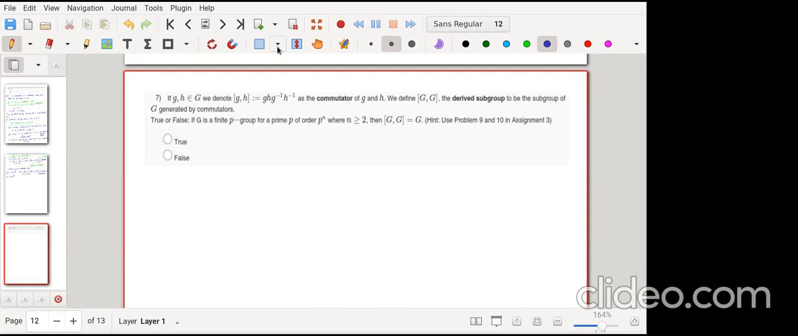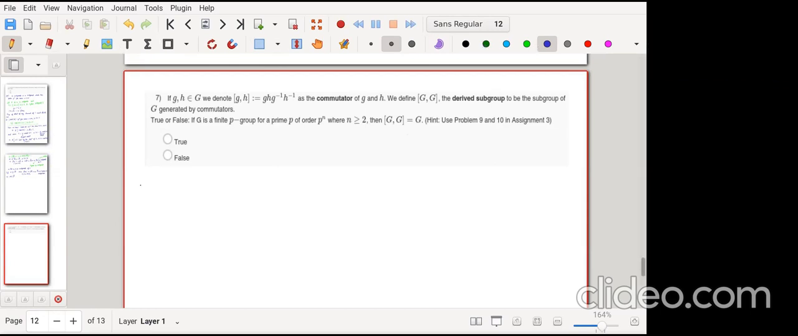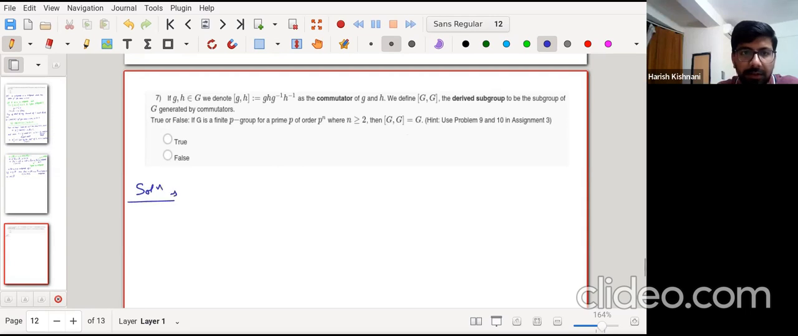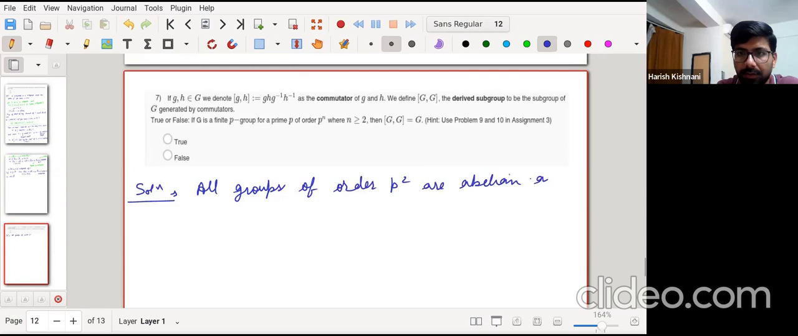All subgroups, all abelian. These groups are abelian, right? Always, yes, abelian. So a simple counterexample is: all groups of order p squared are abelian, and thus